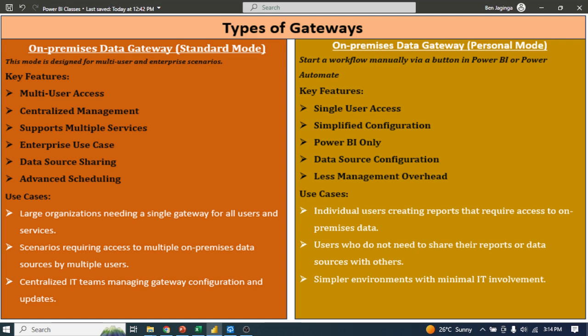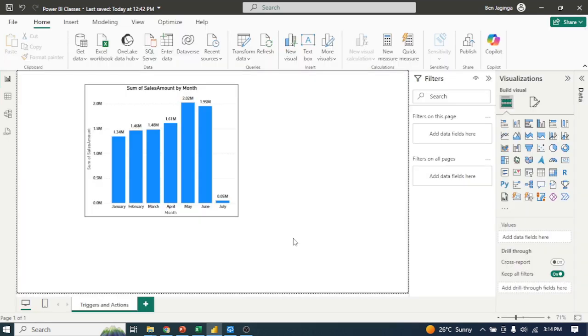Then another key feature is less management overhead. So there is no centralized control. The user manages their own gateway. So like this one now, I'm managing my own gateway. So there's no overhead for managing this personal